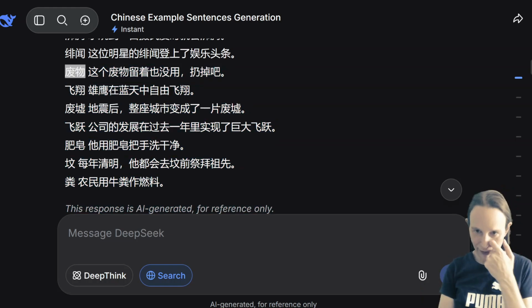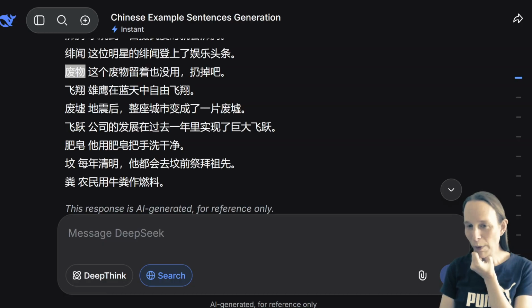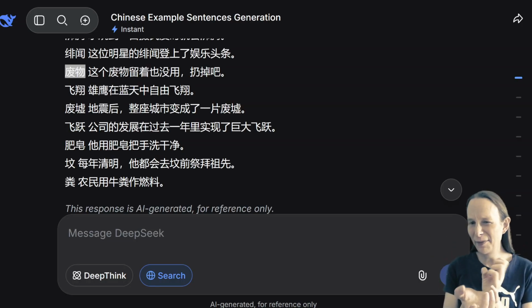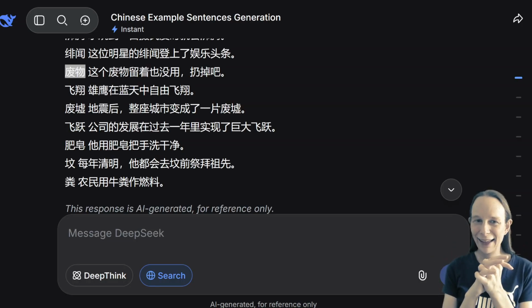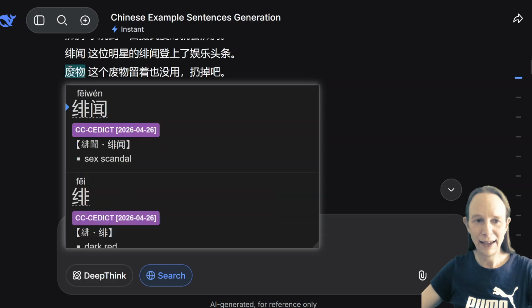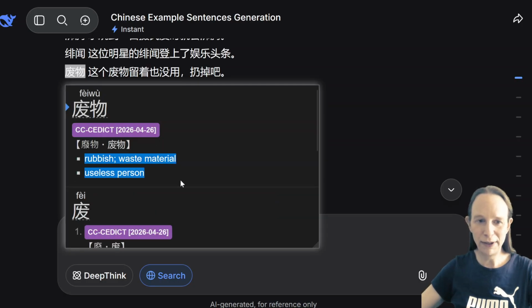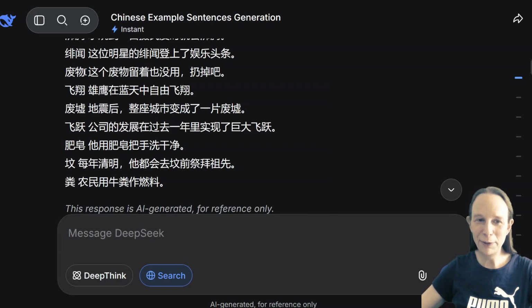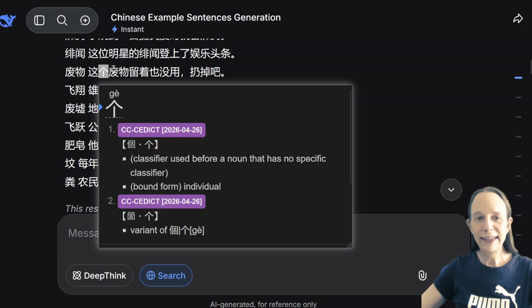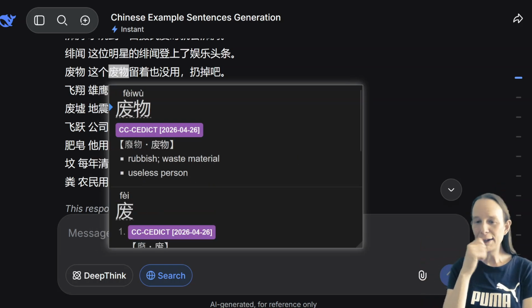废物. So you saw 废品, 废物. 废物 is more waste products, isn't it? 废品 is like they're goods that have been manufactured, but you know, nah. 废物 is more like cardboard boxes and things, right? Rubbish, waste material. Oh yeah, I've seen it used to describe a useless person. 废物, maybe in cartoons or something. 这个废物留着也没用，扔掉吧。